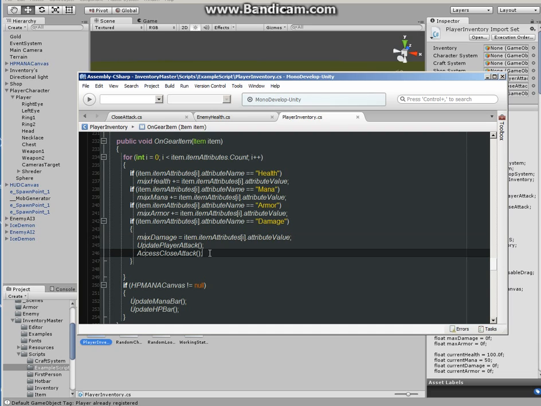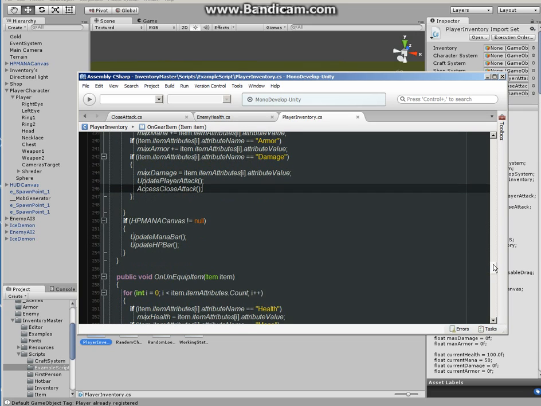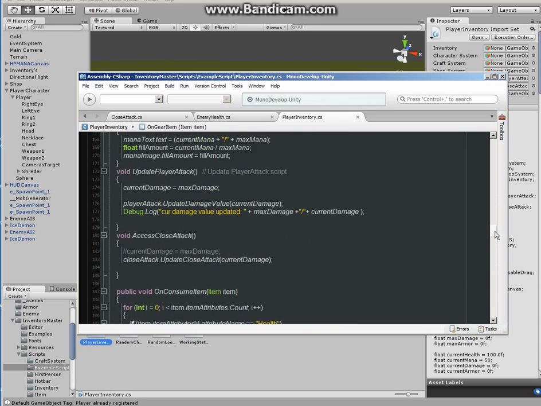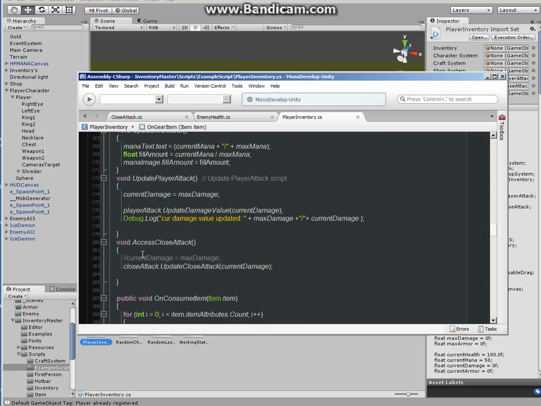To this line of code, you'll need to call a function, which is going to be called access close attack. Why do I call it access close attack? Because my attack script is called close attack, so that way I know that I'm accessing the close attack script. Just type in access close attack, parentheses open and close, then a semicolon, and go up above on consume item, make a function called void access close attack, open and close parentheses, and inside the brackets,